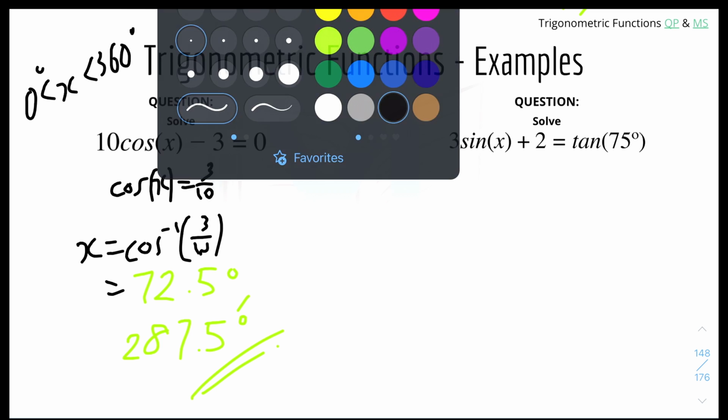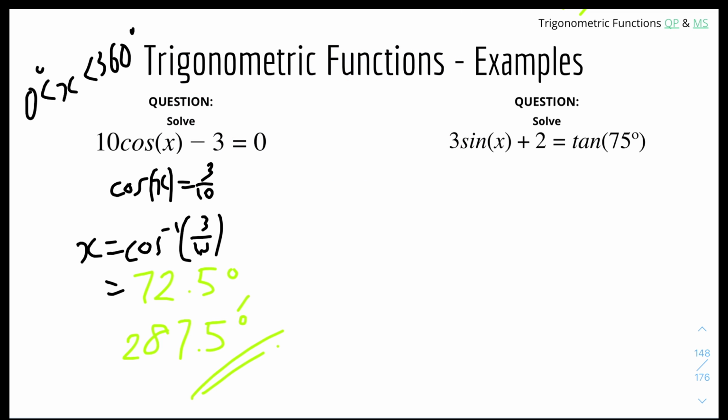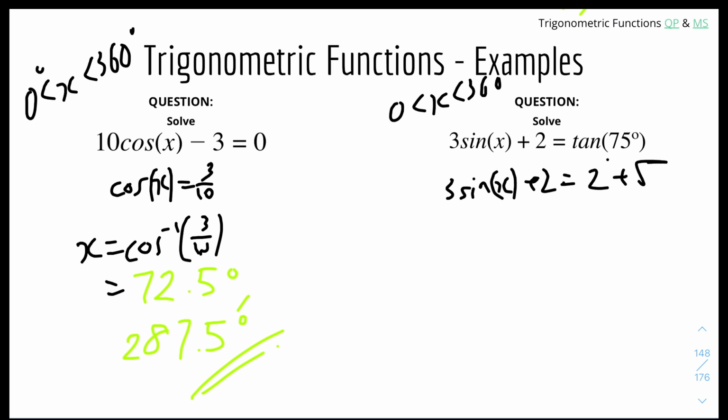And then number 2, solve 3 sine x plus 2 equals tan 75, and let's just do it as 0 ≤ x ≤ 360 degrees as well. So first we should just evaluate what tan 75 degrees is. So 3 sine x plus 2 equals tan 75 will be equal to 2 plus root 3. And now just rearrange the equation to get sine x the subject, which is sine x equals minus root 3